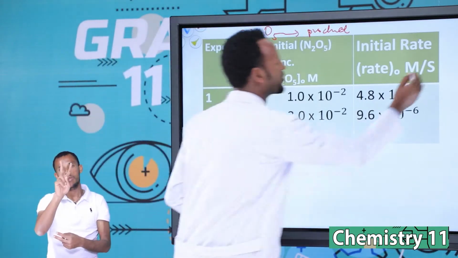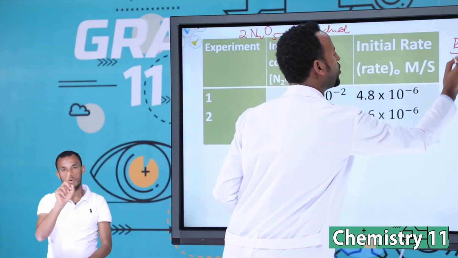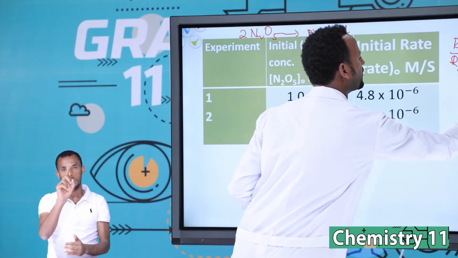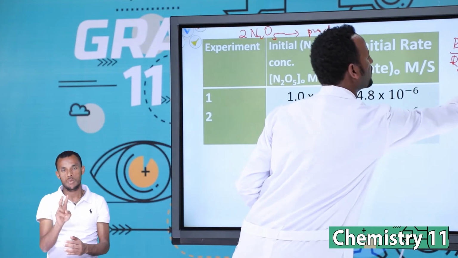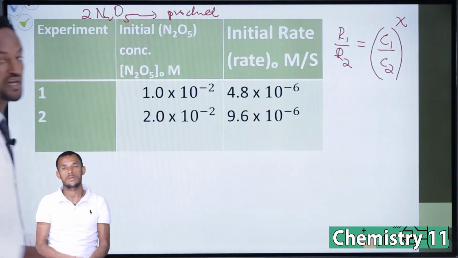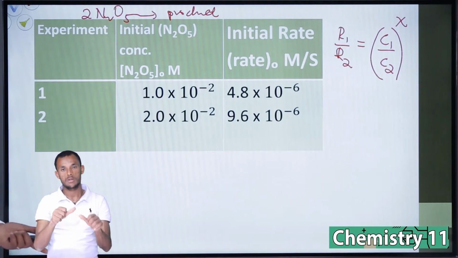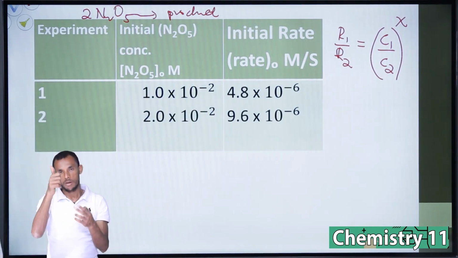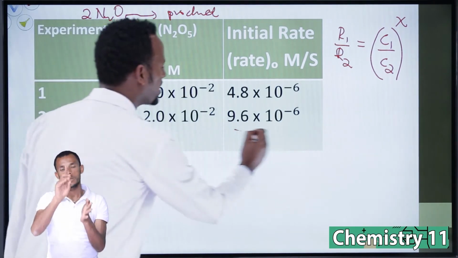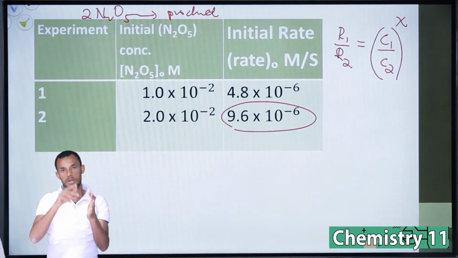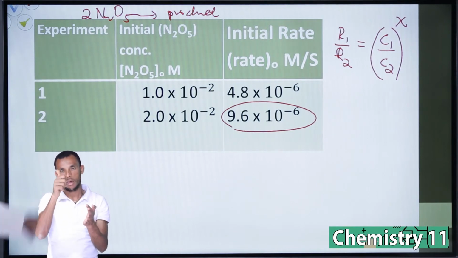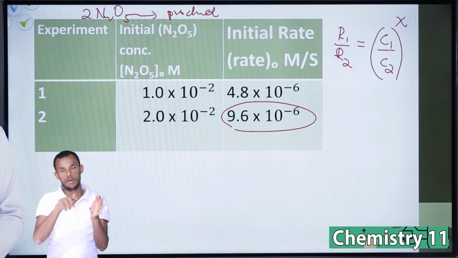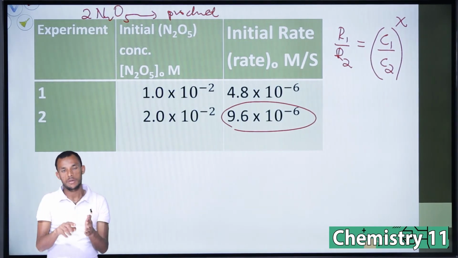R1 over R2 is equal to C1 over C2, to the power of X. Because K is already constant. What is R1? 4.8 times 10 raised to minus 6. What is R2? 9.6 times 10 raised to minus 6. What is C1? 1 times 10 raised to minus 2. What is C2? 2 times 10 raised to minus 2. Therefore,